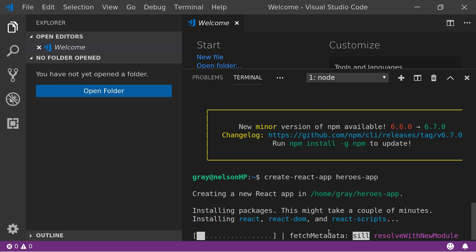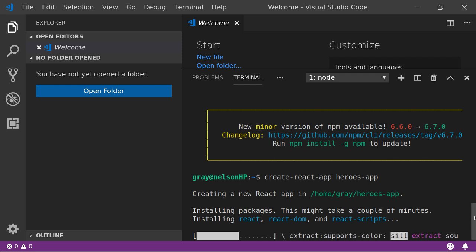So this should take quite a long time when we actually hit enter and create our app. Just create React app, should be fine. Okay, so we probably need to install yours globally.